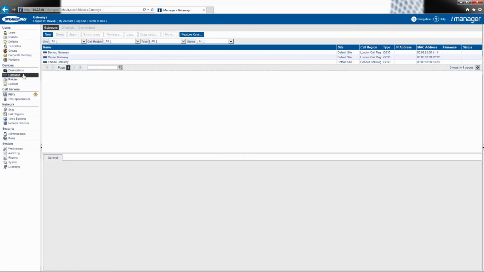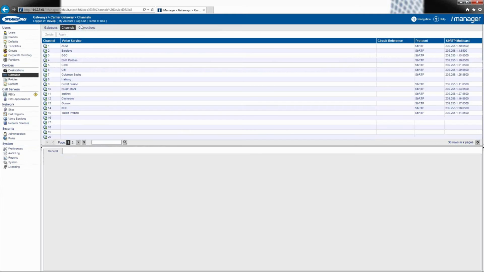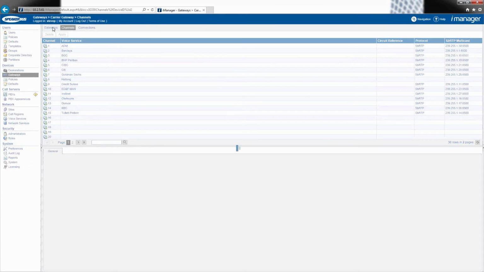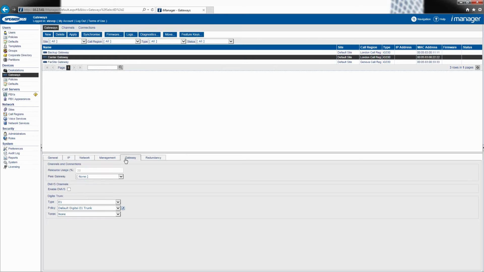So if we go to the Gateways tab here, I have a gateway set up. Under channels, you will see it's populated with the voice services that I have. Now, if you want to extend those private wires to a far site location, to send those streams to another office, for instance, then rather than manually configuring that gateway and setting up IP connections between the gateways, specifying port numbers, Speakerverse has a key feature under the Gateways tab